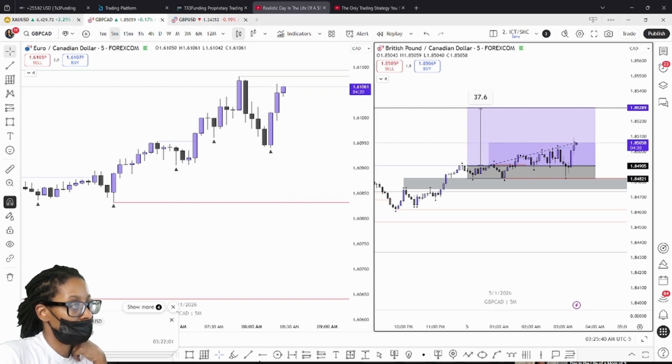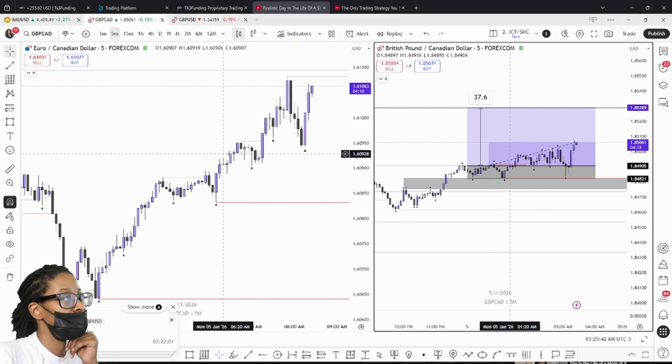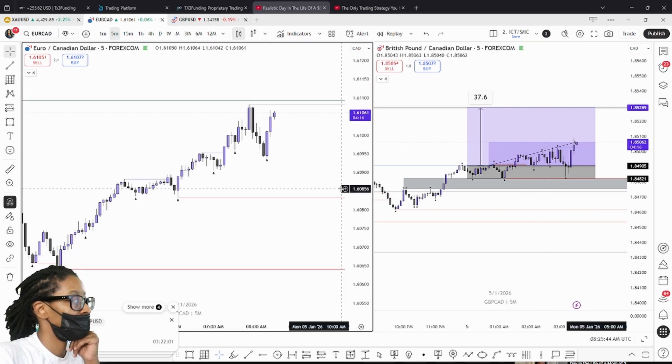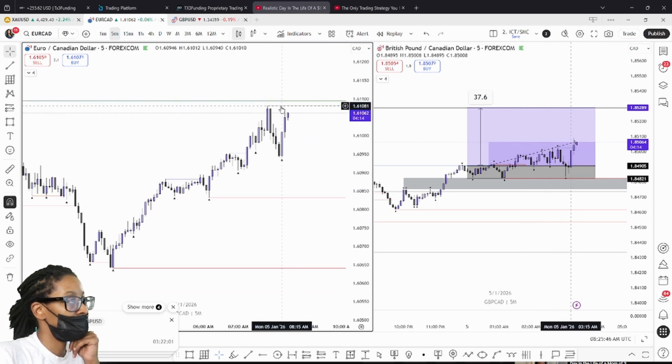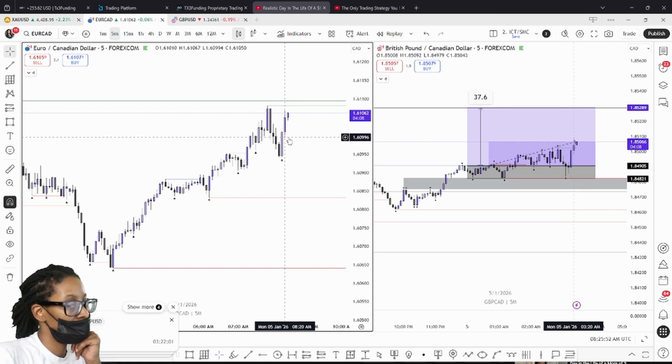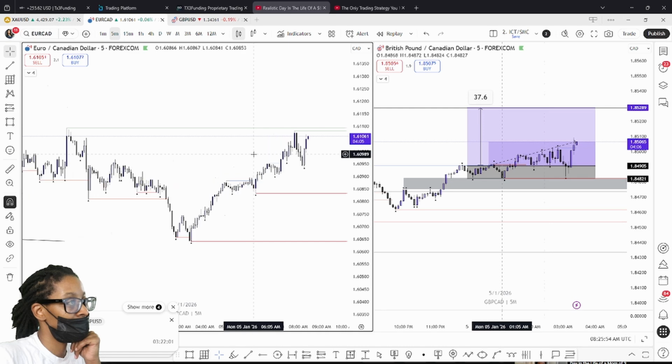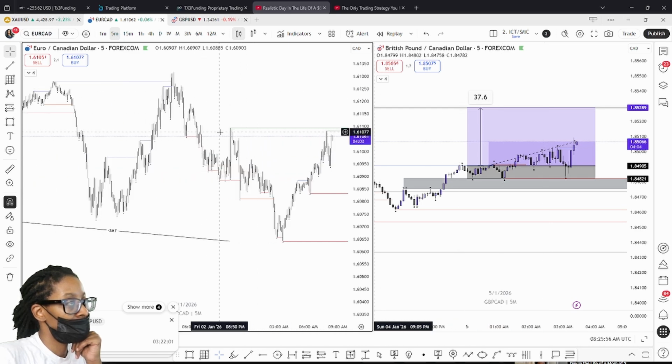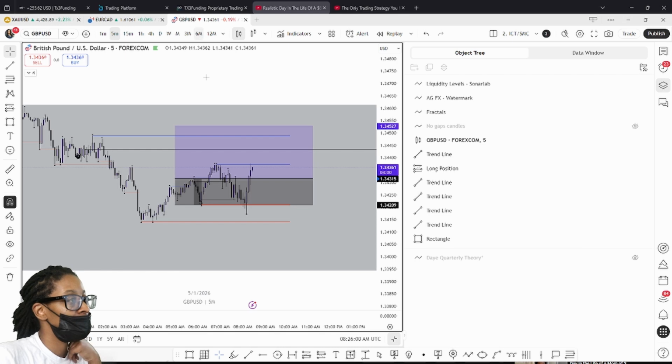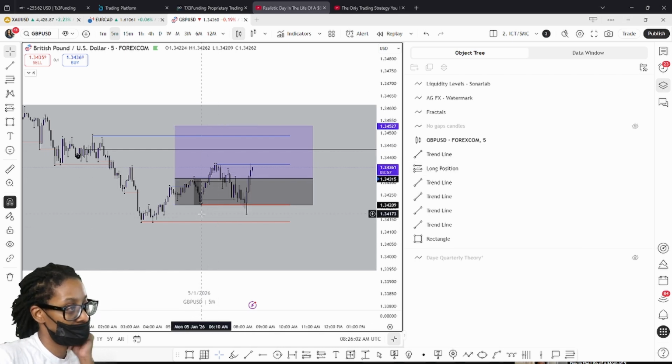So let's see here, because on EU we're already getting ready to hit this liquidity line right here. We might come back down to create more swing points here, and then shoot back up for whatever this liquidity is over here. So this is the 5 minute, but on GU,